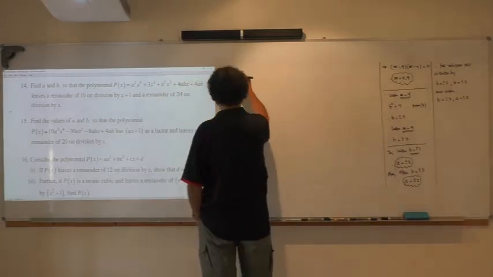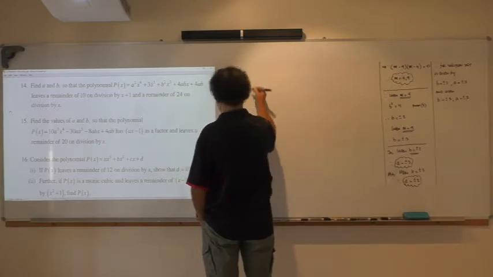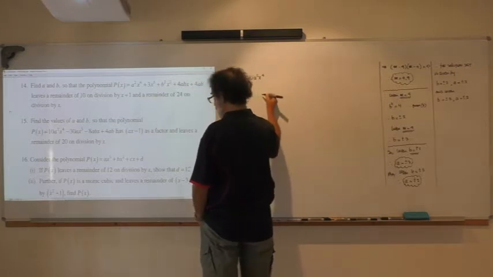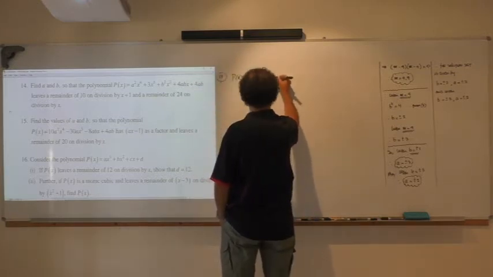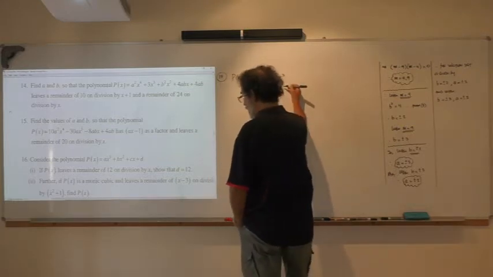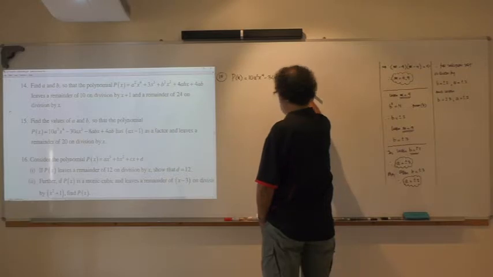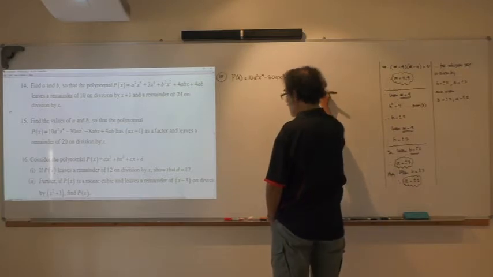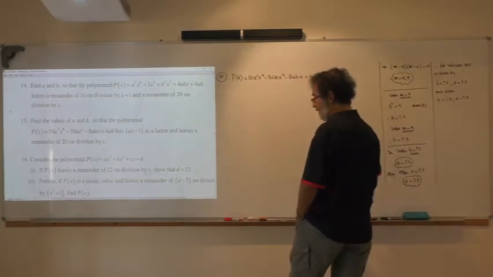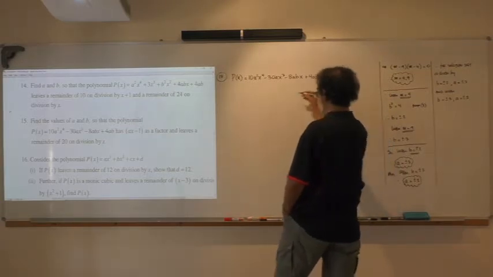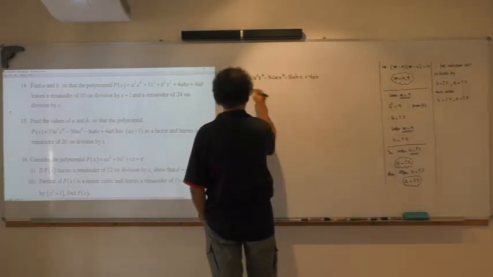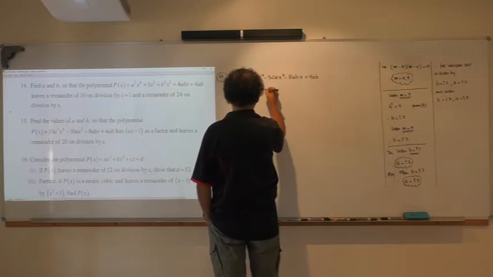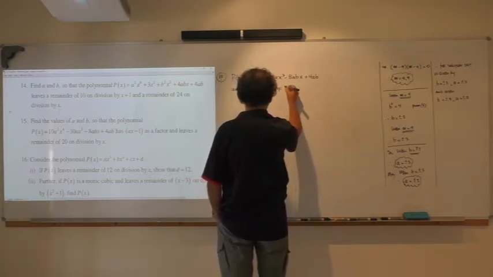Okay, so I'm going to write the polynomial. My beautiful polynomial is equal to 10a squared x to the 4 and then minus 30ax cubed and then minus 8abx plus 4ab, and they say that, so we're going to write here ax minus 1 is a factor of p of x,